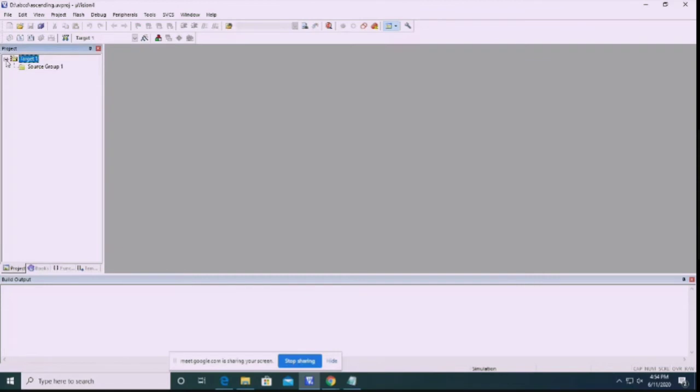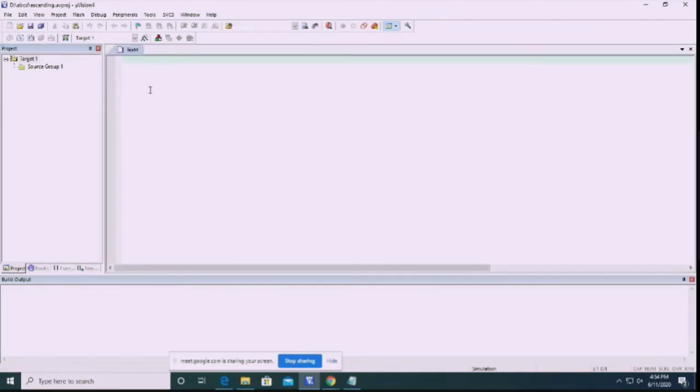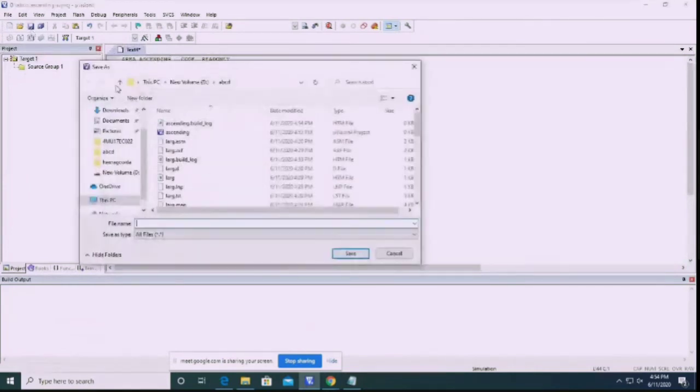We'll give No. Next, we'll write our program. To write a program, we click on New and write the program. Once we write the program, we'll save it with the name asc.asm. I have given .asm because it is an assembly language file.